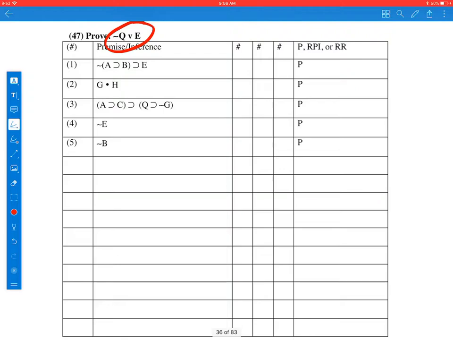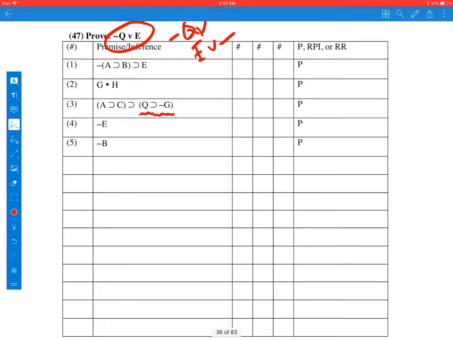Here we are trying to prove not Q or E. I don't see that, but I know that I have the possibility of getting a not Q and adding or E, or vice versa. I think it is possible to go and get the not Q and add the E, or we could try a constructive dilemma, but I'm going to try going just for the not Q and adding